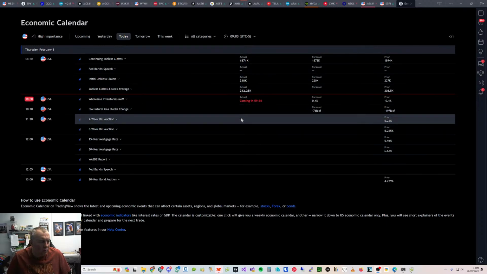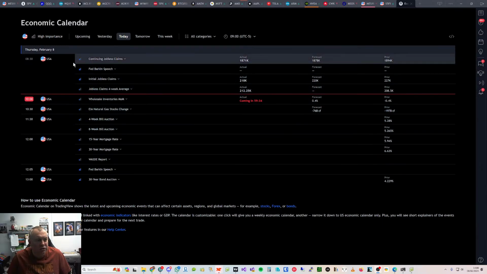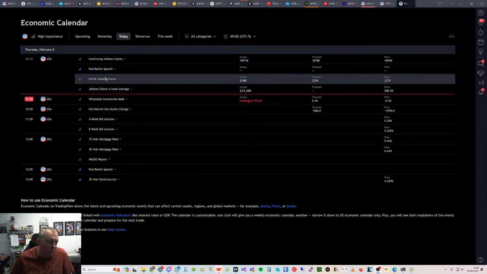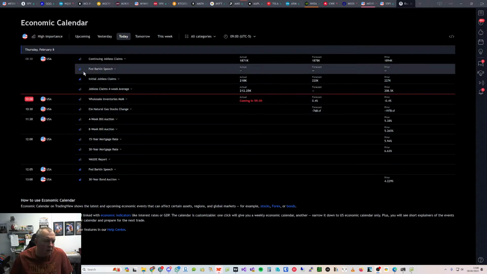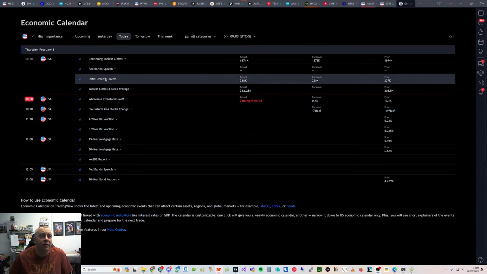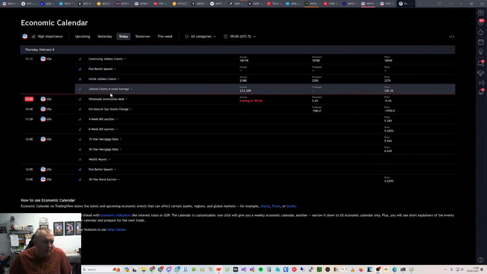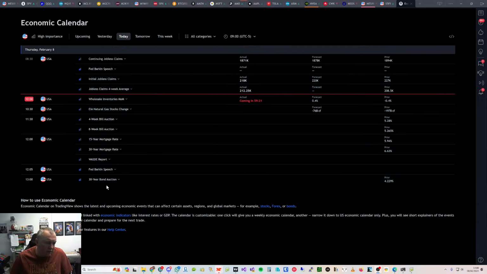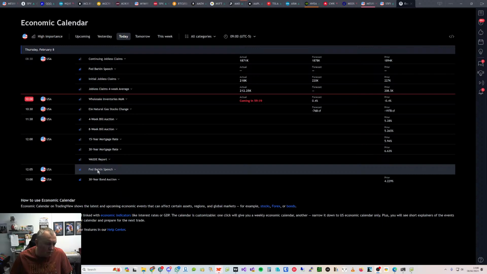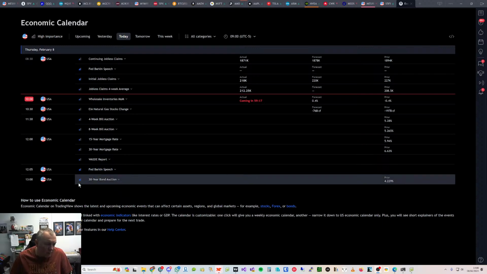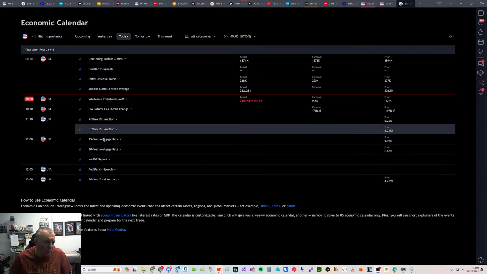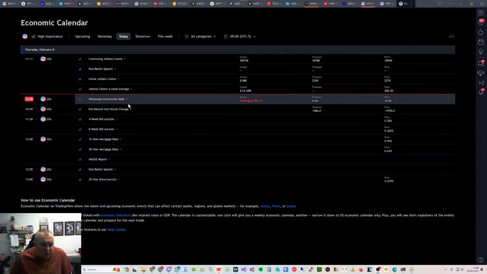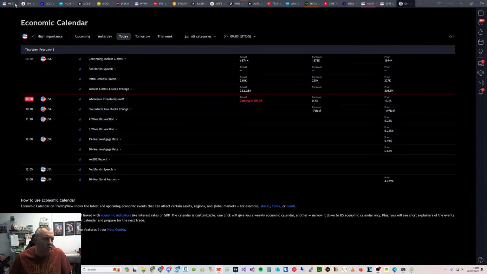Got a couple of decent levels, but before we start, let's remind ourselves of when we might see some market movement. We had initial jobless claims at 8:30. We saw a bit of a reaction to that, and there's not much more, but we do have some Fed speaking today at 5 minutes past 12, and we have the bond auction at 1, so these are the times to be wary of. Other than that, there's nothing really that could make the market move until then.